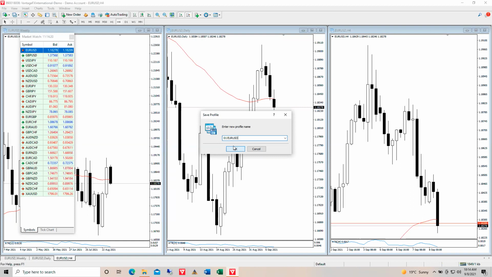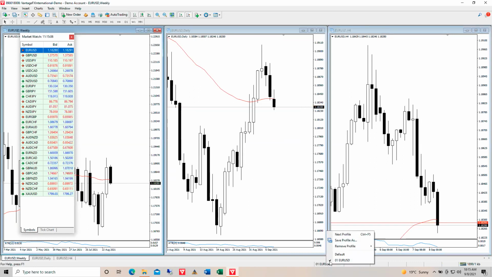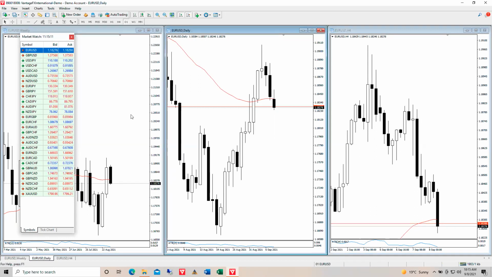You need to put that 0 in front to make sure you get the correct order. All right, so that's it. That's our first profile. You can see at the bottom now, it says not only default, but Euro USD. To now set up our next profile, all I need to do is click and drag the